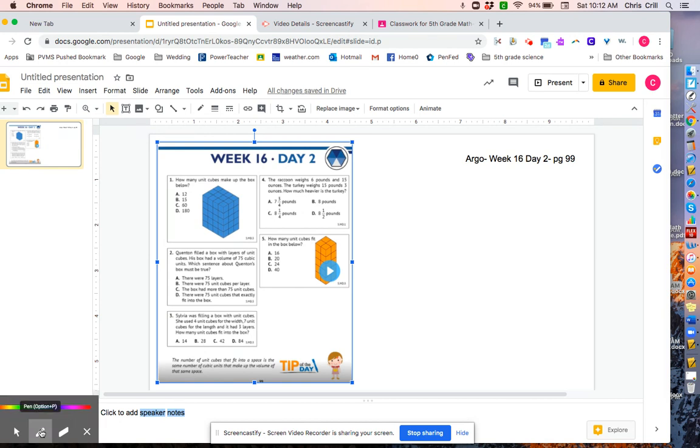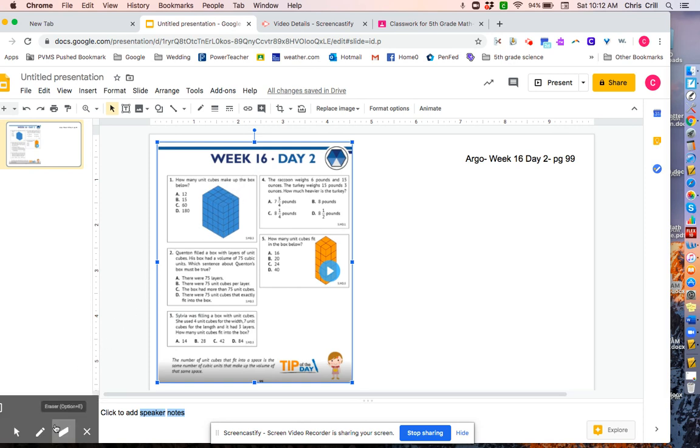Today we're going to be taking a look at this figure. And your job is to figure out how many unit cubes make up the box below. If you remember yesterday, we reviewed that you can separate these boxes into different layers, count the number of cubes in each layer, and then multiply that by the number of layers you have. So in this case, we would count the number of cubes here and say there's 1, 2, 3, 4